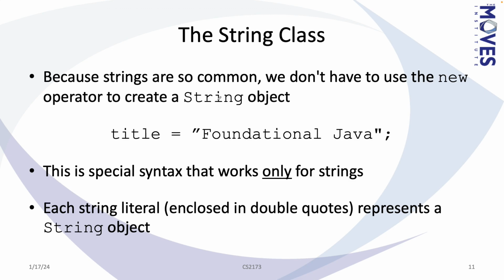Strings, in fact, are really the building blocks of everything. If you think about it, the source code itself is just a long string. And so we have programs that process strings and turn them into other stuff. A compiler, for example, takes the string of source code and turns it into byte codes. And then of course, the virtual machine takes byte codes and turns them into an executable program. Okay, so this only works for strings, and arrays are the only things where we create objects that don't use new.